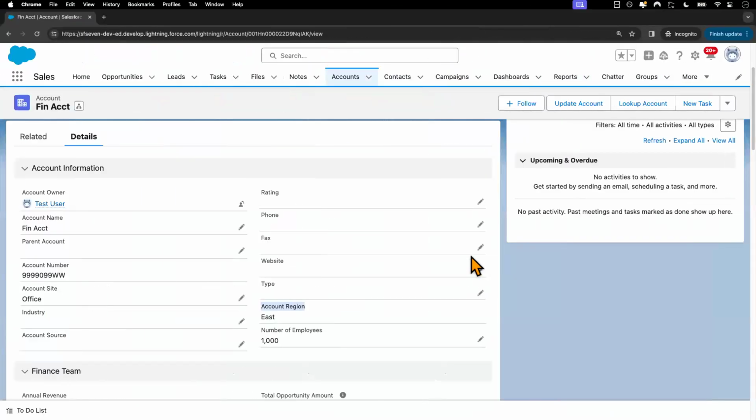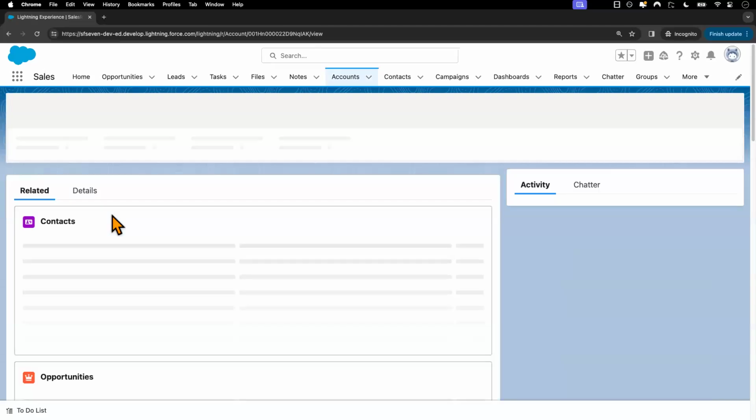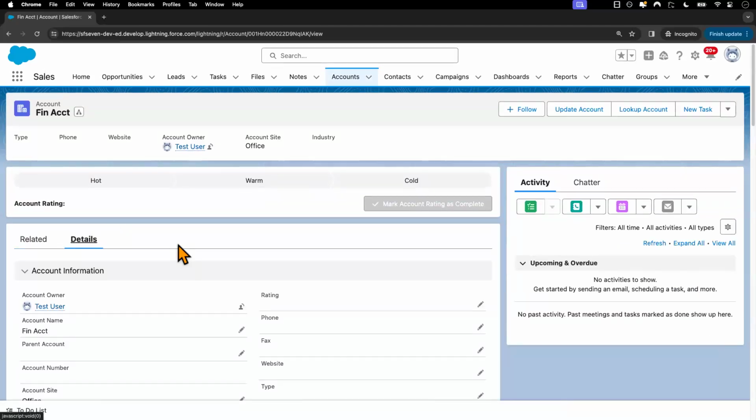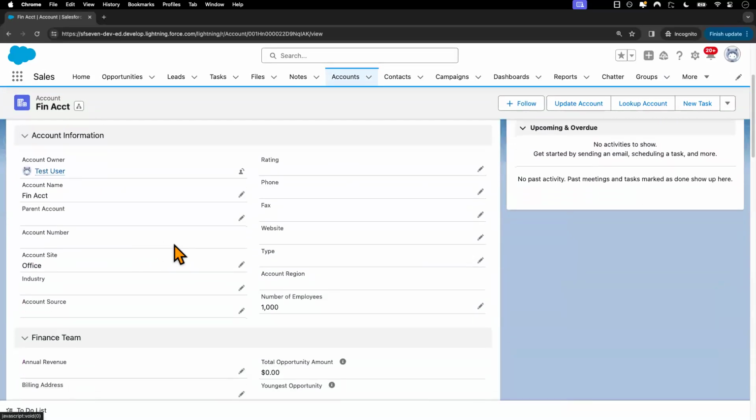Then we'll go to our test user's account. The test user previously could see the fields and the information in those fields. Now I'm going to refresh this page and go to details. What happens now is the fields are there, but the test user is not able to view the information inside these fields, okay? Because we removed that read access from our